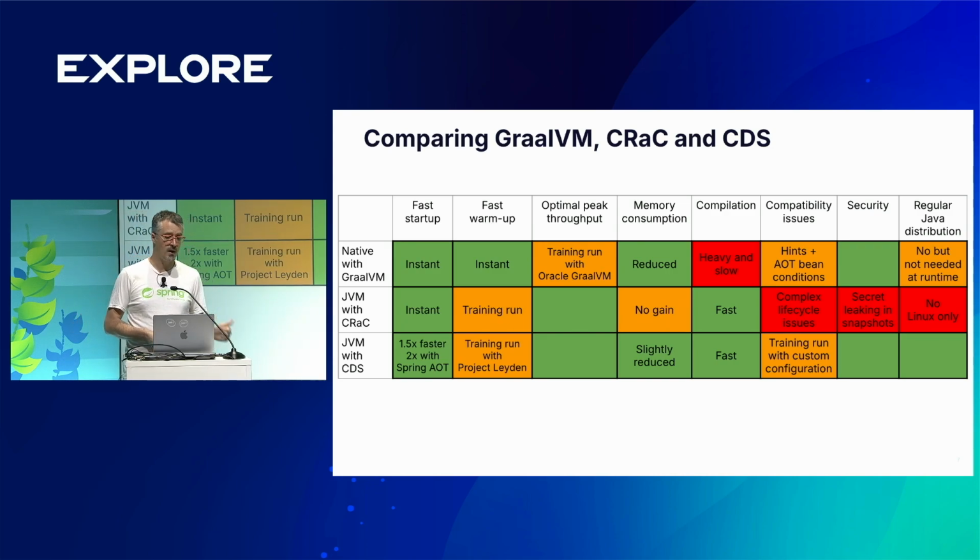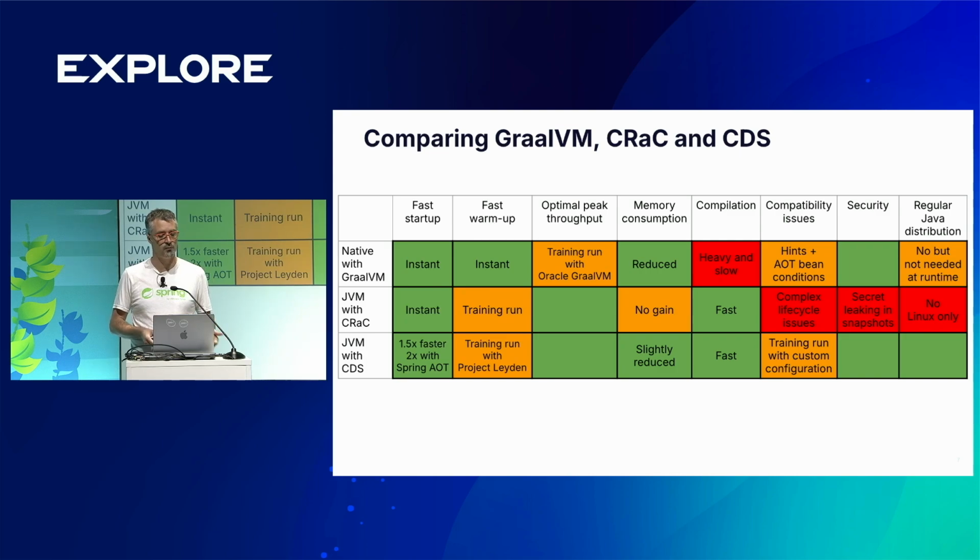The other technology is CRaC. CRaC stands for Coordinated Restore at Checkpoint. They share basically the same goal with CDS, but I would say CRaC is a bit more brutal. So you have very fast startup like native, 100 milliseconds basically for your Spring app. So you say, hey, amazing, 100 milliseconds with the JVM. But in order to get